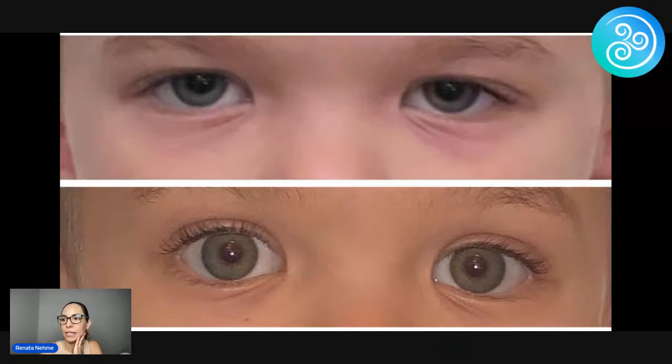But anyways, the white sclera underneath the eyes is this whitish area that you can see underneath the eyeball. The eyes are supposed to be kind of like the sun going up, with more of the top of the eyeball seen than the lower part of the eyeball. But what's happening with that child that all of a sudden changed after 4 sessions? Why do his eyes look like that clinically?